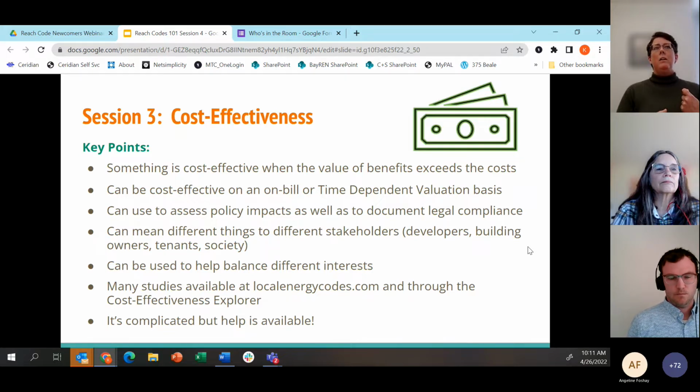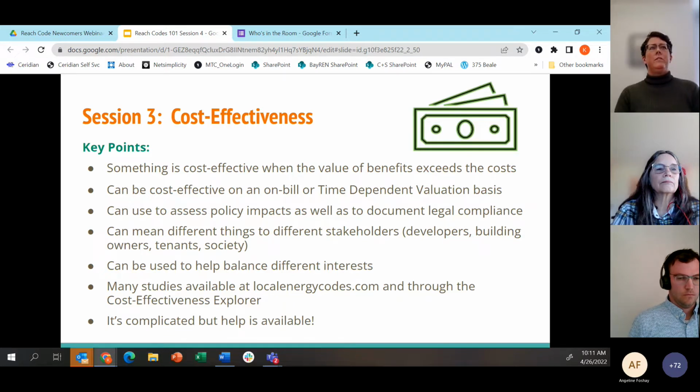It can be cost effective on an on-bill basis, where people who implement the measure will see savings on their bill that are sufficient to pay for the cost, or a time-dependent valuation basis, which is looking more at society as a whole, who will see the savings that exceed the cost, but it may not have the savings on the bill for the individual.